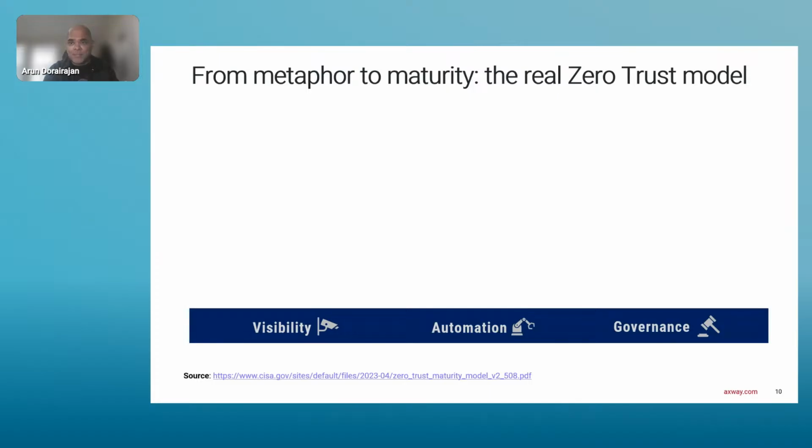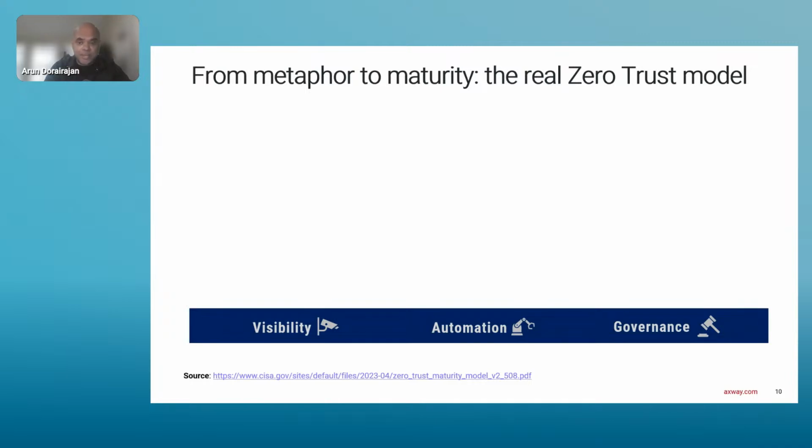So let's get from metaphor to maturity. Now that we have grounded zero trust in a simple analogy, let's translate it to what it really means in your architecture. Now, this is based on CISA's zero trust maturity model, and it's more than just identity and firewalls.